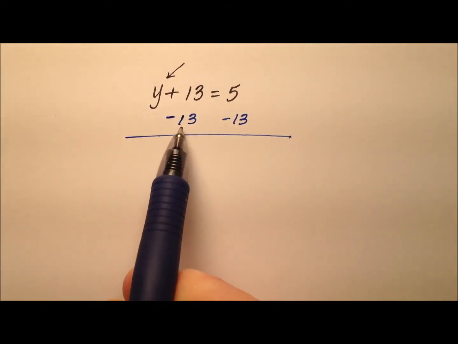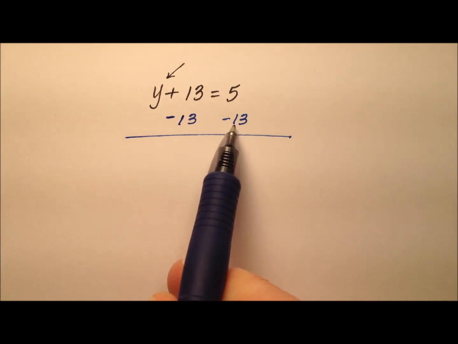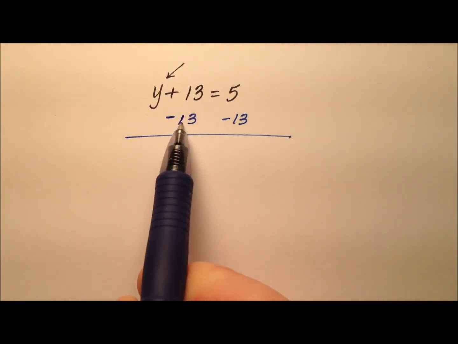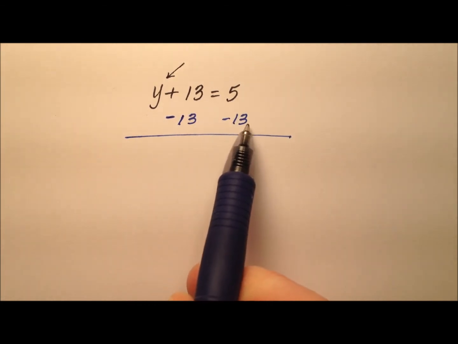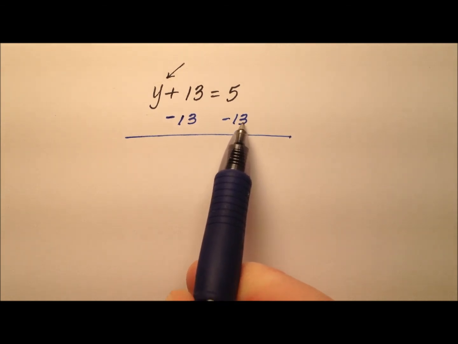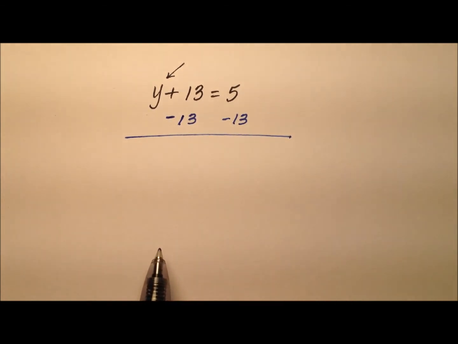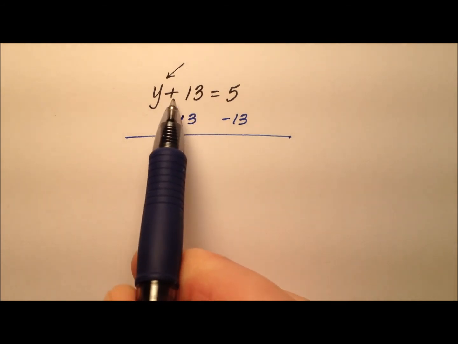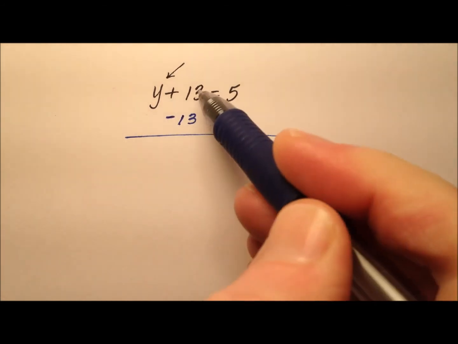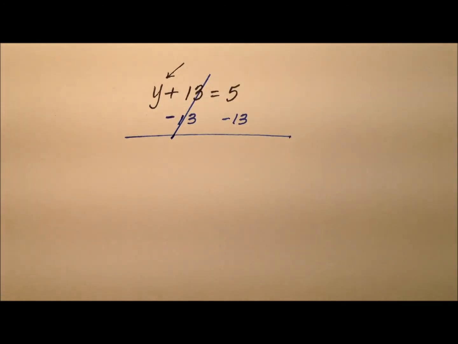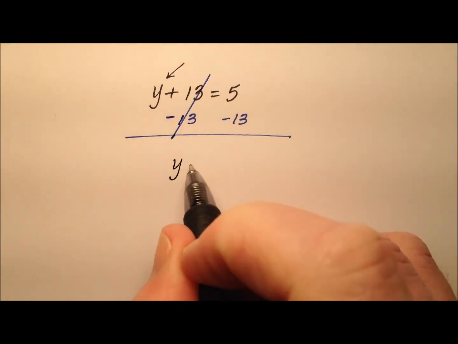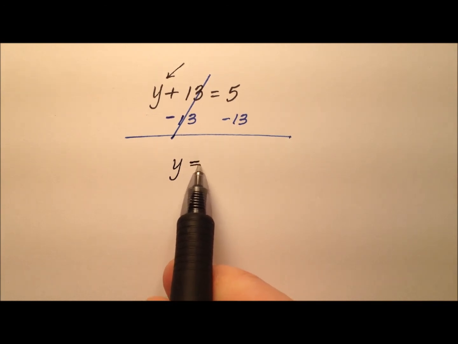And we're going to be doing so using the subtraction property of equality, which says that if I subtract a value from one side of the equation and I do the same to the other side of the equation, then everything stays nice and equal. So on this left side now, I have the positive 13 with the negative 13. Of course, those will cancel. So this left side now, I'm left with just the y,